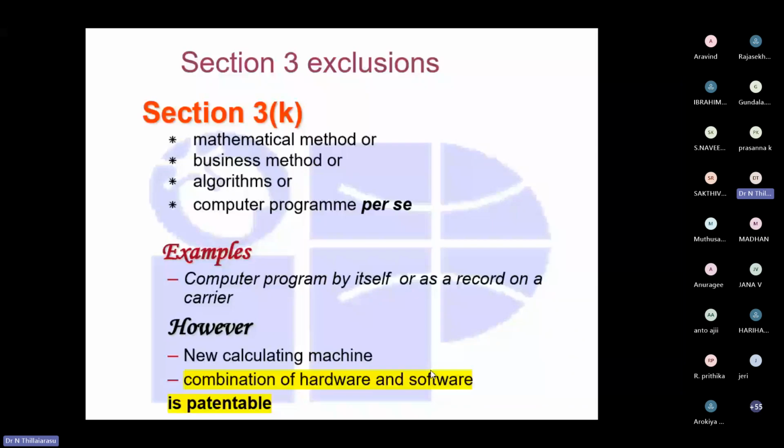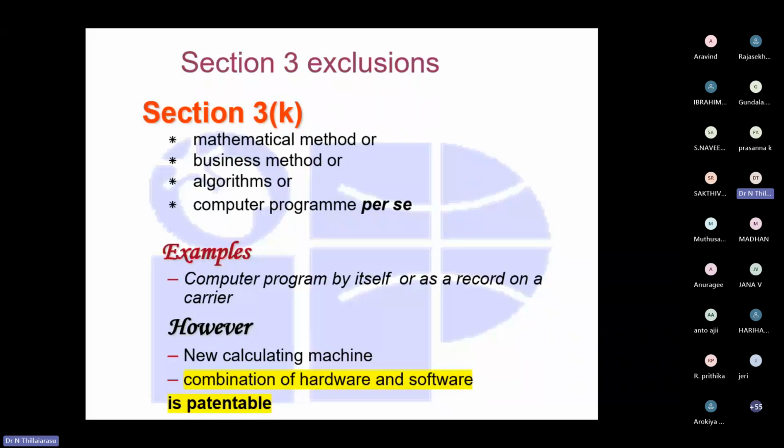Okay, a new calculating machine, or a combination of hardware and software, is patentable. Not only software; we cannot. As a computer science student, you are supposed to know these things. You are studying cyber security, so say you design a Trojan horse, or create a malware, antiware or virus.